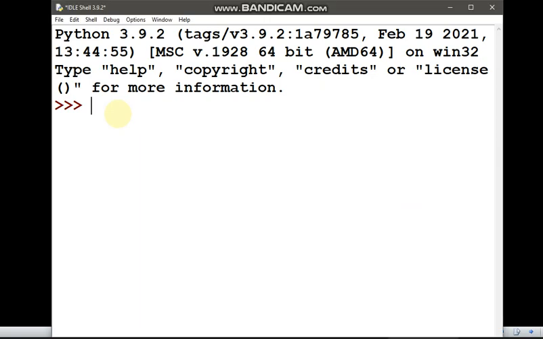Practical goes like this. I've taken a fresh IDLE prompt. Instead of I, you can take any variable. Suppose let's take it as A, in, and then let's take a string in this list. Let's take a negative number.